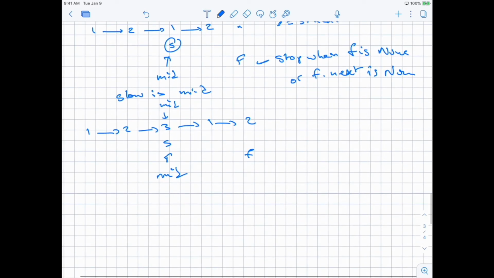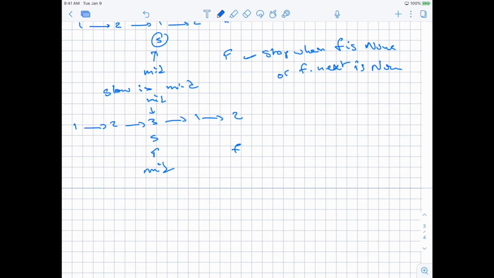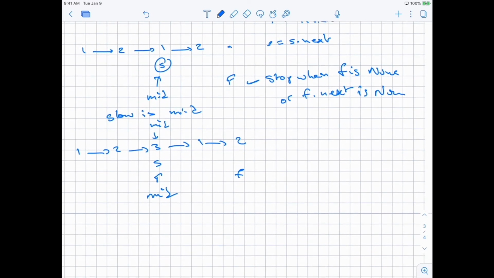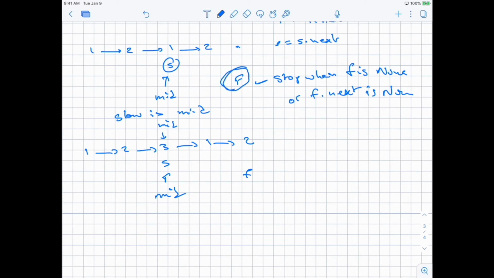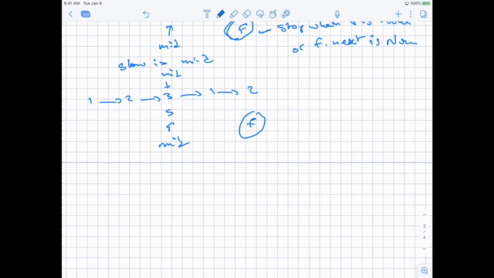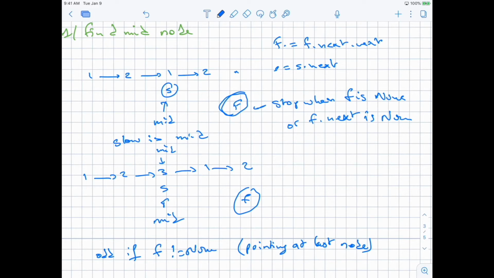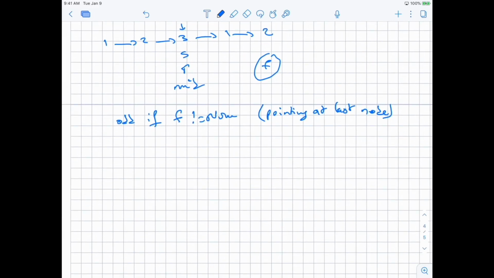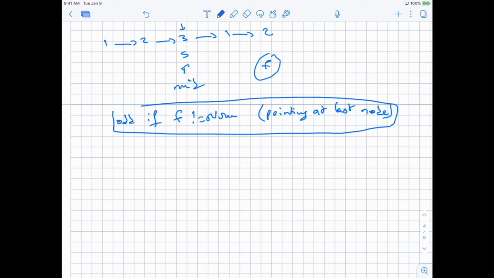Now how do you tell if it's odd or even? Well, you can see here in this solution it's odd, and here it's even. So when it's even, the fast pointer is at none, and when it's odd, fast.next is at none, right? So basically we can tell that it's odd if fast is not none, because it's pointing at the last node. And it's even if it's pointing at none, if it's outside of the linked list. Okay, so that's the idea of how we find odd, and how we find the